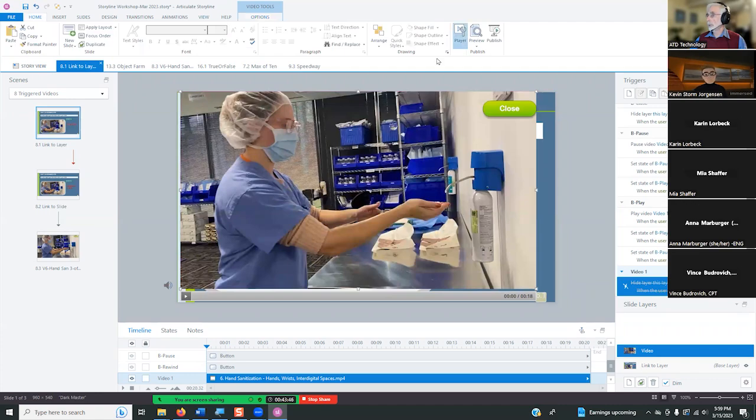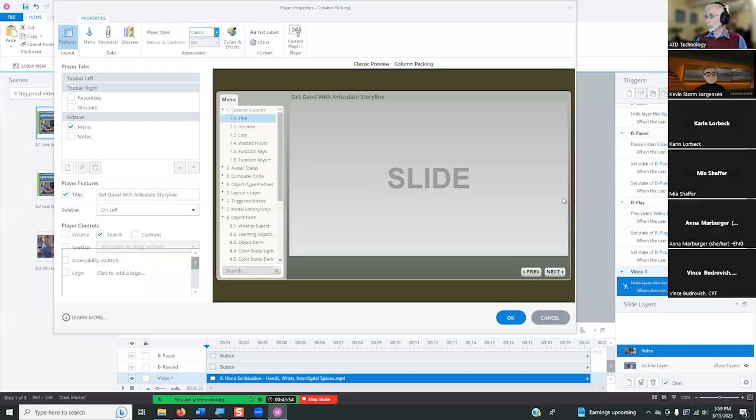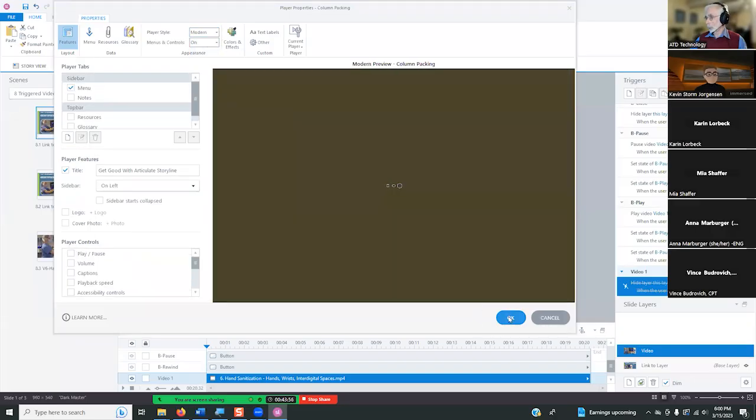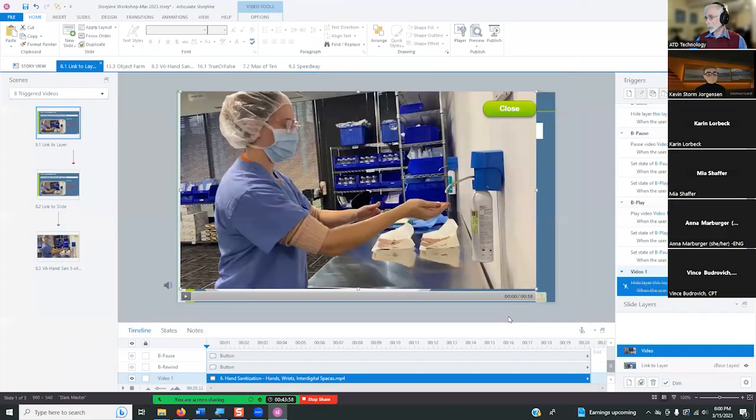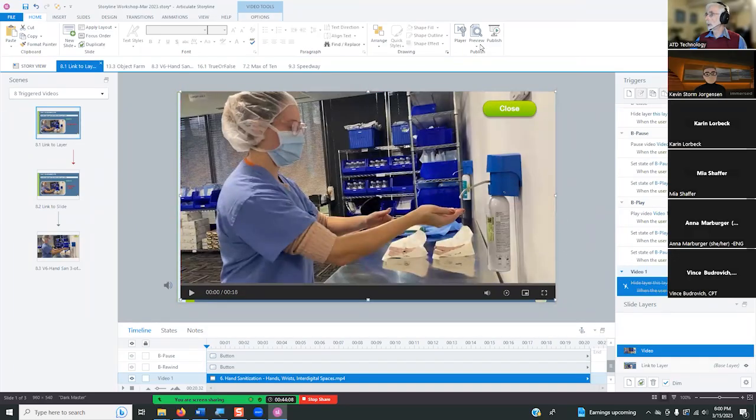I'm using the standard player here, the classic player. If I go in and change the player to modern, okay, here we are. We're getting modern. Now we can fill up the whole frame here. I'll do a preview.